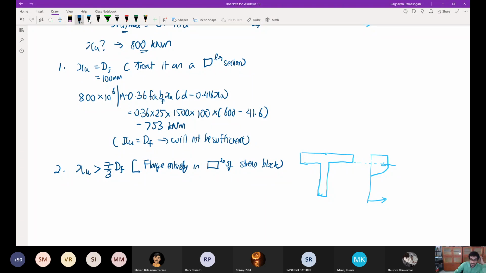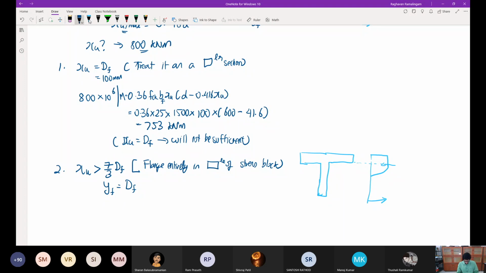So if this is the case, according to our code book, we have one quantity called YF. YF will be equal to DF if the flange is entirely within the rectangle of the stress block. This is an empirical formula. I told this when I was covering the theory. YF equals DF if it's in the rectangle, and equals 0.15 XU plus 0.65 DF in case some of the flange is in the rectangle, some of the flange in the parabola. Anyway, now we are looking at entirely in the rectangle, and for this we have